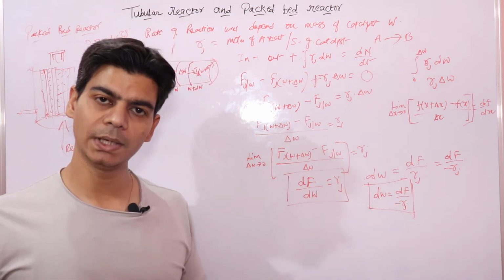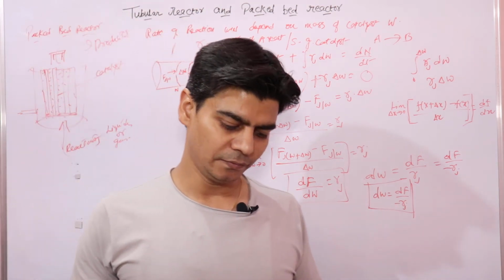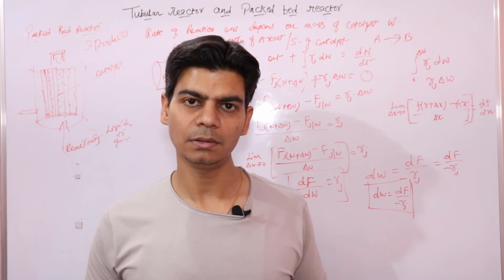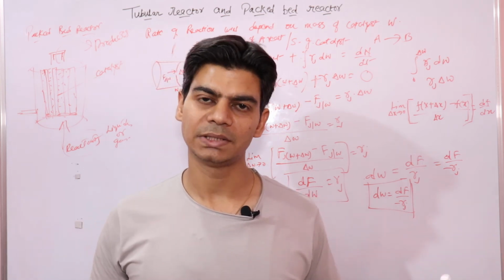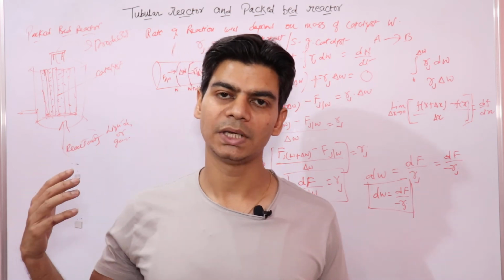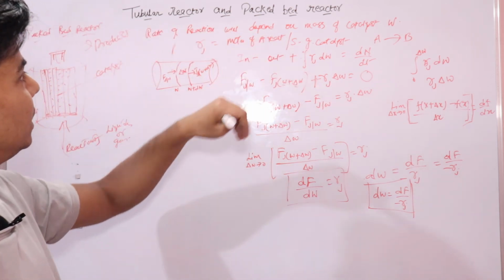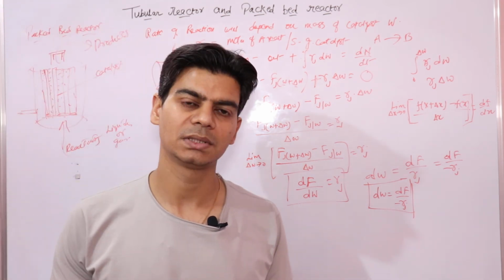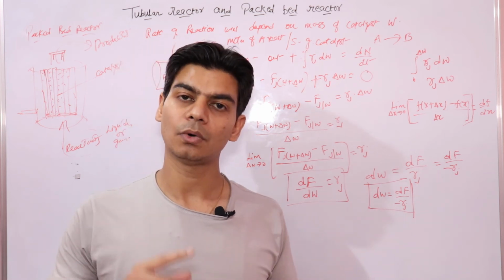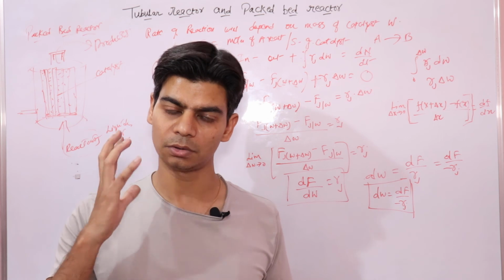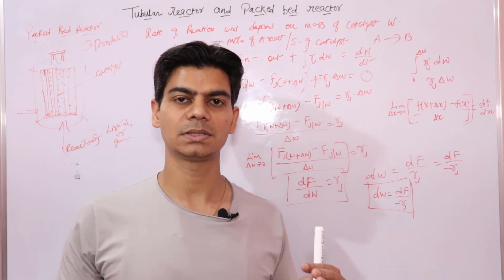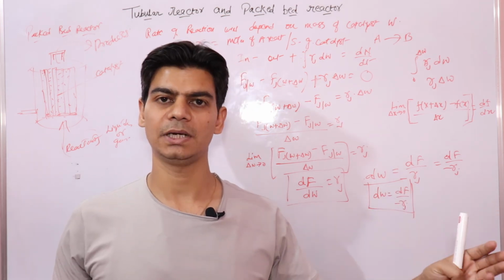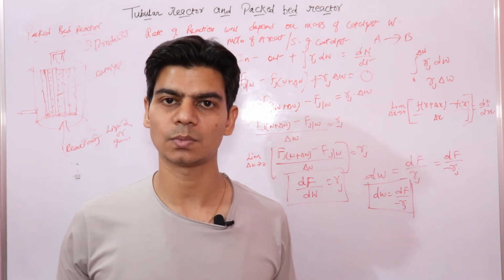So just remember what we did basically in this chapter. We derived the general mole balance equation, and then we applied that general mole balance equation to different reactors: batch reactors, CSTR, packed bed reactor, tubular reactor, all these reactors. And what we obtained using this mole balance equation is the time or the reactor volume required to change the specified amount of reactants into products. This is what we derived.